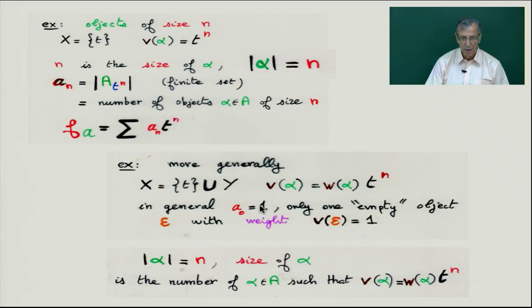Or more generally, I can add some extra variable. So you have the size, with the variable t, which counts the objects with size n, and then an extra weight, an extra variable, if you want to count by more parameters, where w_i is a certain monomial in the variable y.